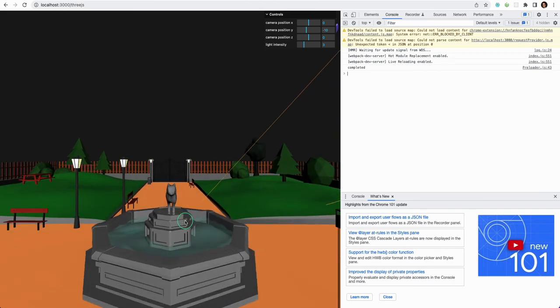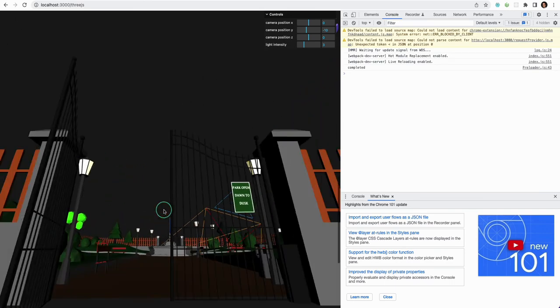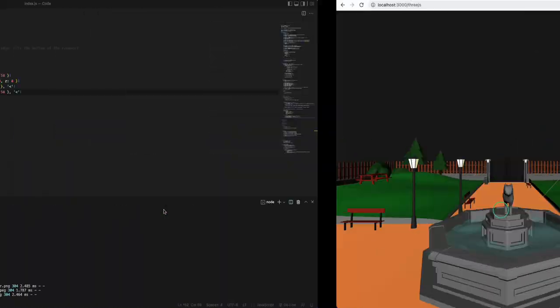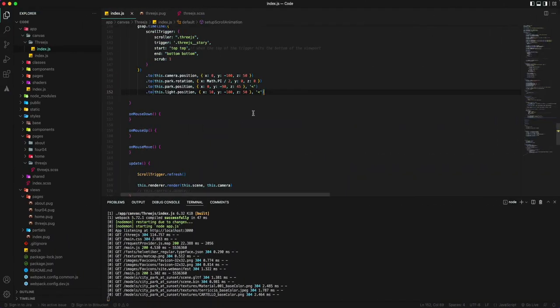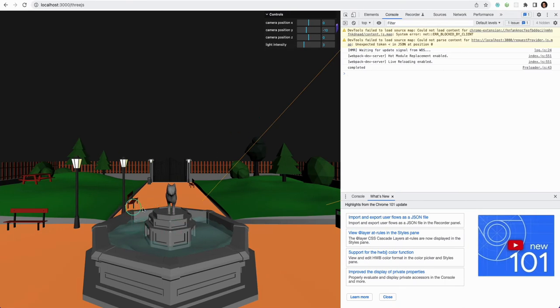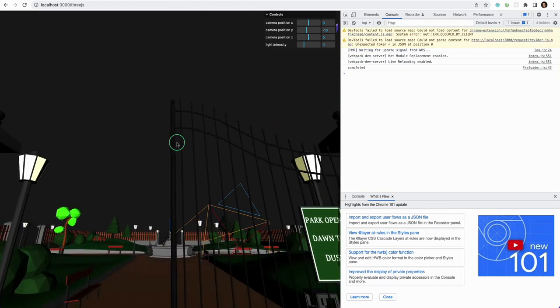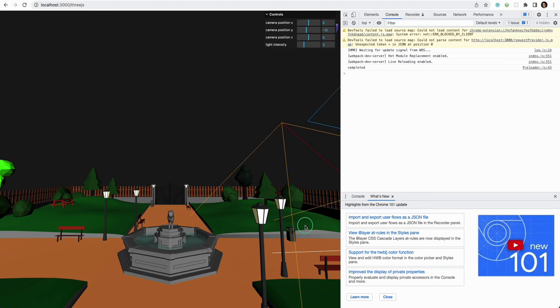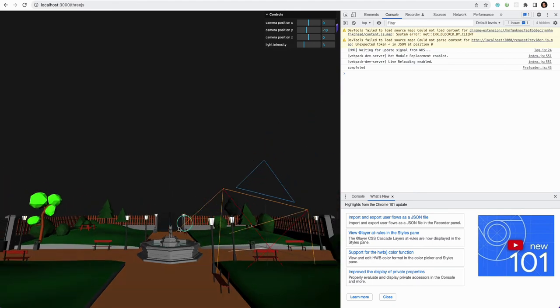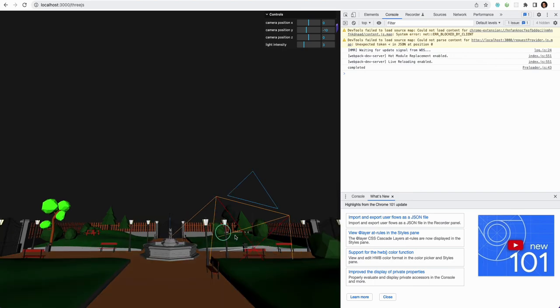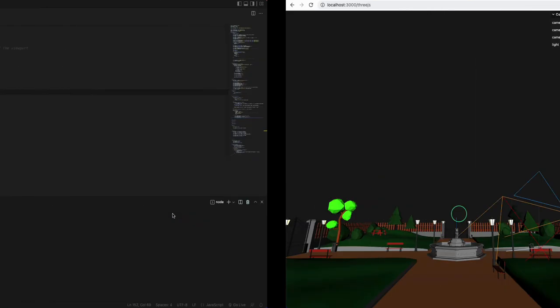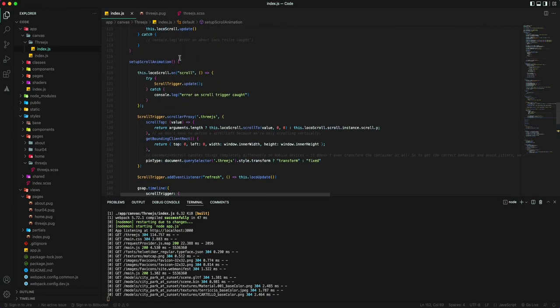Okay, so now we have the light, everything is moving. The next thing that we need to take care of is the shadow. I don't see the shadow anymore here. That's because as we keep scrolling, the target of this light here, you can see, is not really focused on this wolf anymore. The light is kind of away from the wolf. We can fix that by adding, in this setup scroll animation at the beginning,